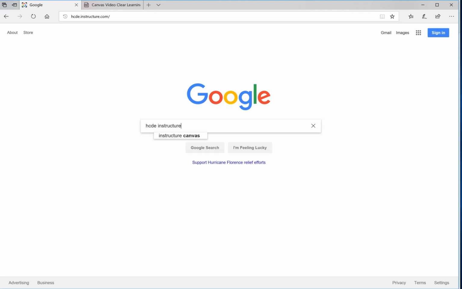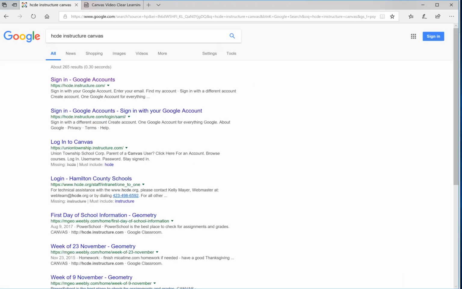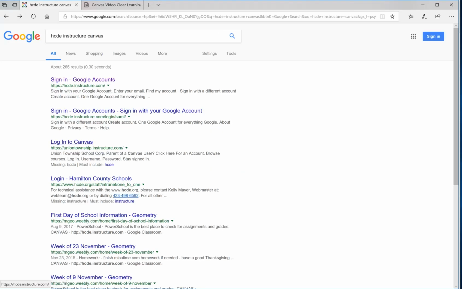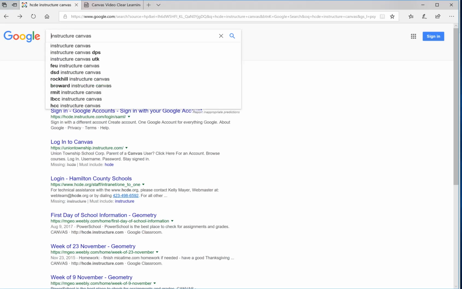If I can spell it correctly. So they might search for something like this. And when they search for that, they could find it here, and if they do, that's great. But more often than not, what's going to happen is they're just going to search for Instructure Canvas, or they've done that in the past without the HCDE, and they're going to get something that looks like this: